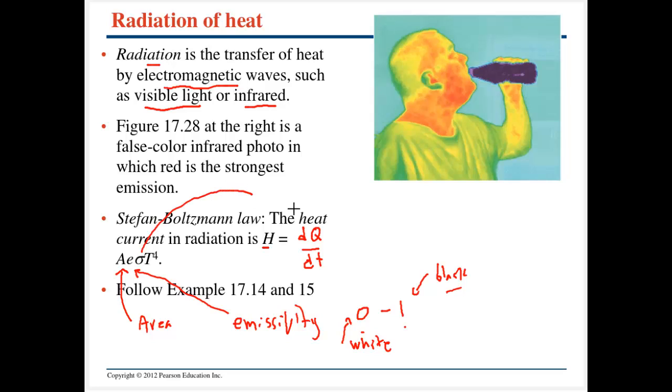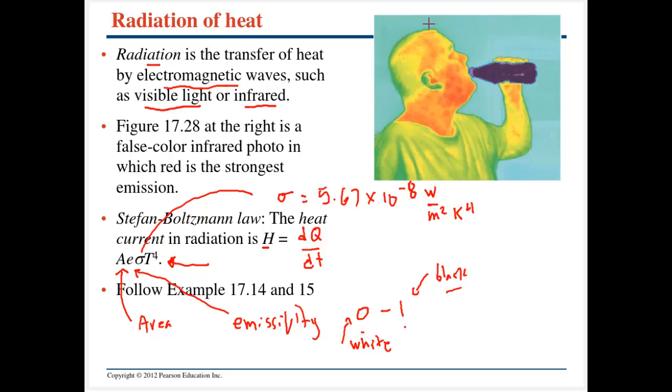Then we're going to have a Stefan-Boltzmann constant. That's going to be this sigma, and that's going to be 5.67 times 10 to the negative 8th, and it's going to have units of watts per meter squared Kelvin to the 4th. And lastly, it's going to be proportional to the temperature raised to the 4th power, and this temperature must be in Kelvin. So you can see as the temperature gets lower and lower, an object's going to emit less and less radiation